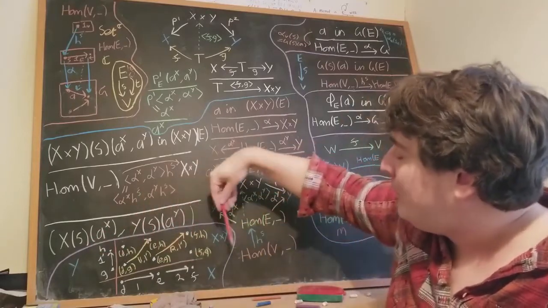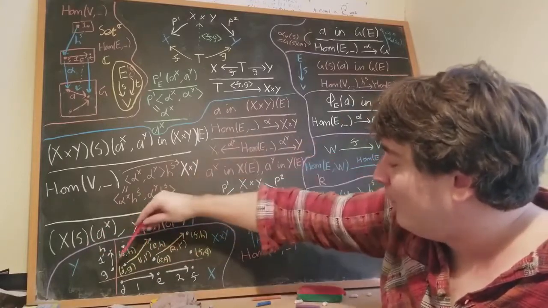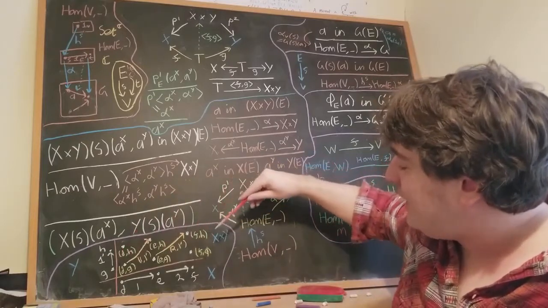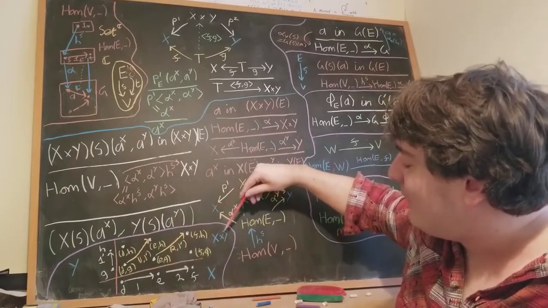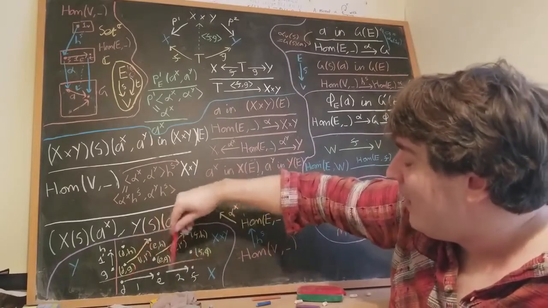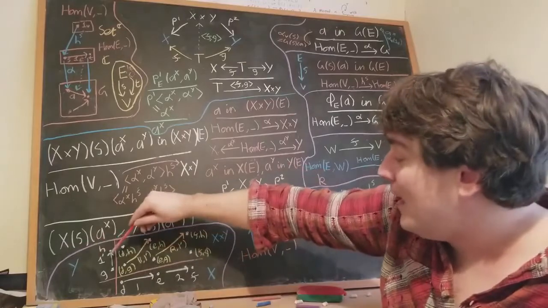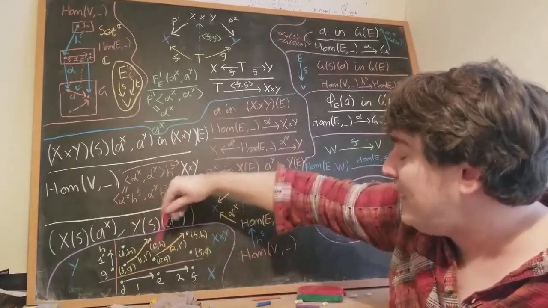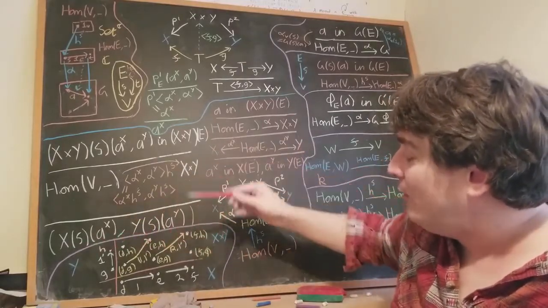So we can see that the result is pretty simple. For example, the vertex set of this graph x times y is just the Cartesian product of the vertex set of x and the vertex set of y. It's a similar situation for the edge set, and we have that